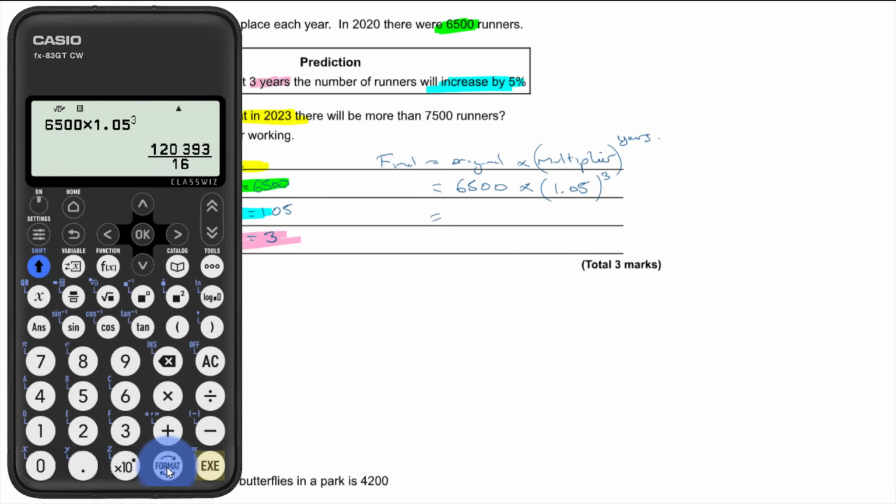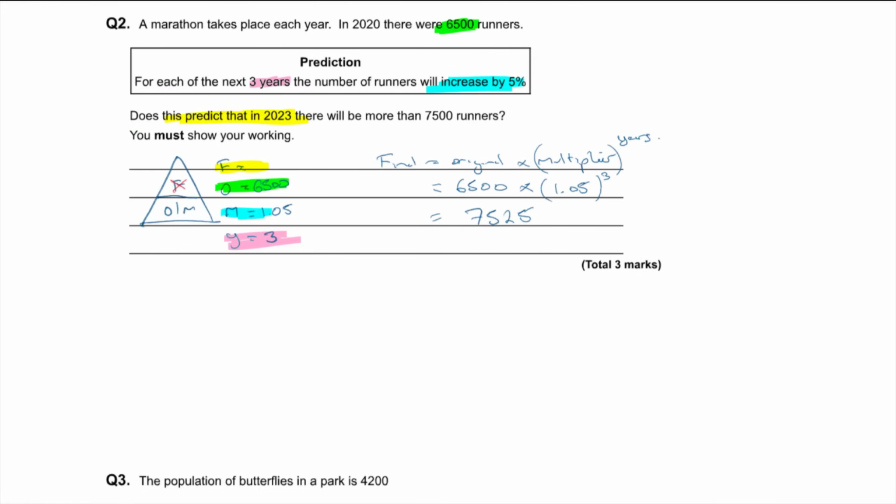That is giving me 7,524.5. So I'm going to round that off to 7,525 because I don't like the idea of a fractional runner. That would be quite messy. So 7,525. So does this predict that in 2023 there will be more than 7,500? Yeah, there'll be 25 more than that, won't they? So yes,